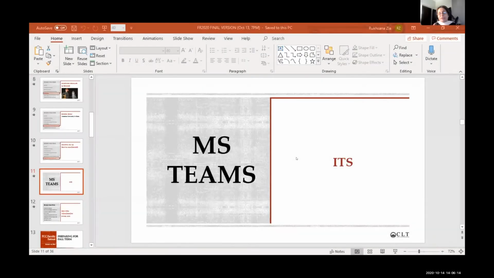Because they have, I think 2 or 3 days ago, they informed us that they had integrated MS Teams instead of Big Blue Button. As it is, not many of you will suffer because of that. Only 50 people used Big Blue Button during the spring. So if you have to do the transition, it will not be very difficult for you to learn a new integrated video conference platform.